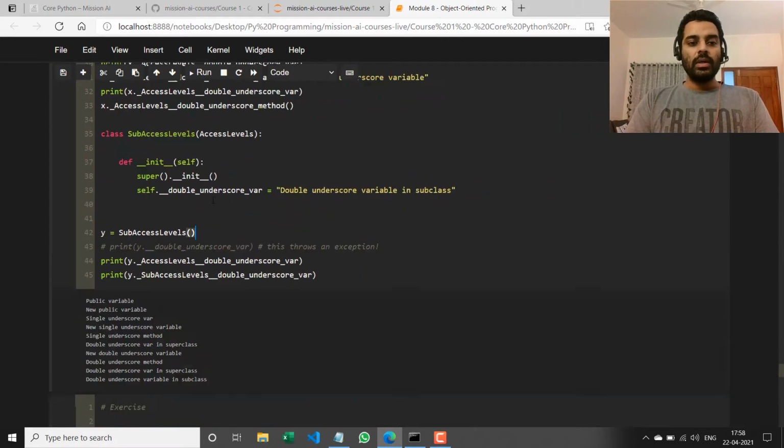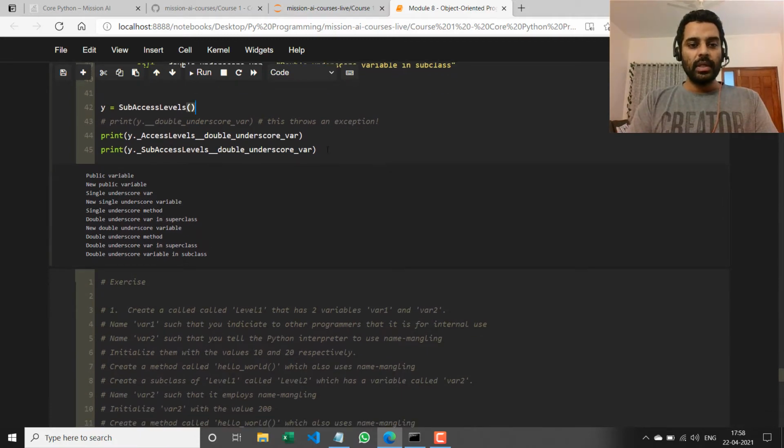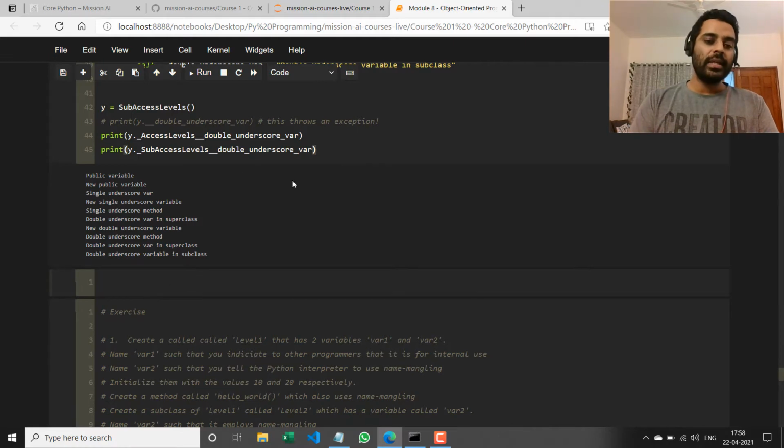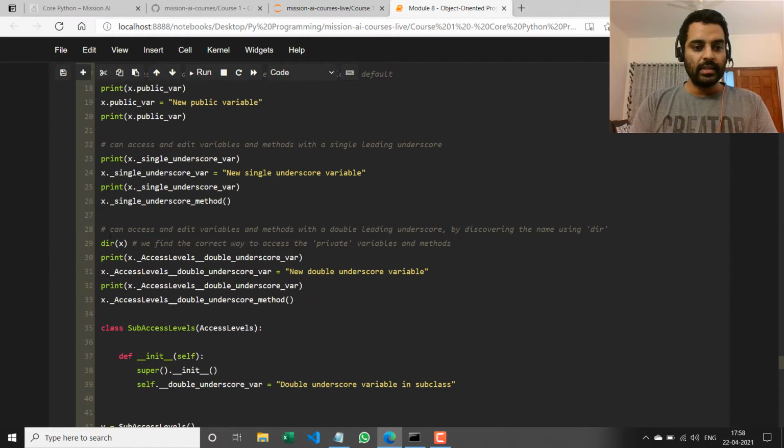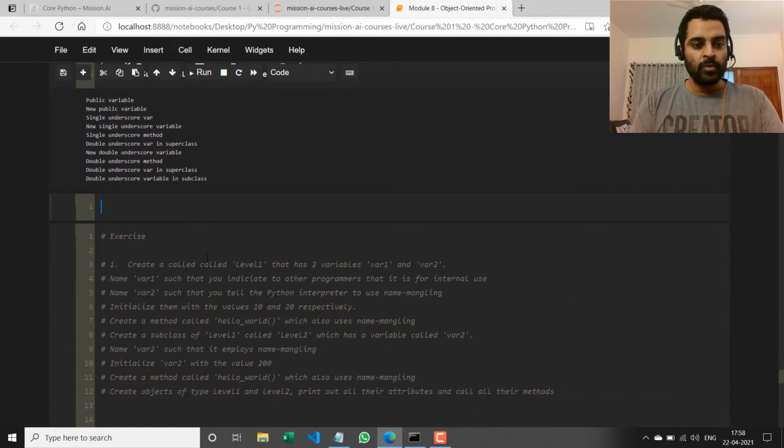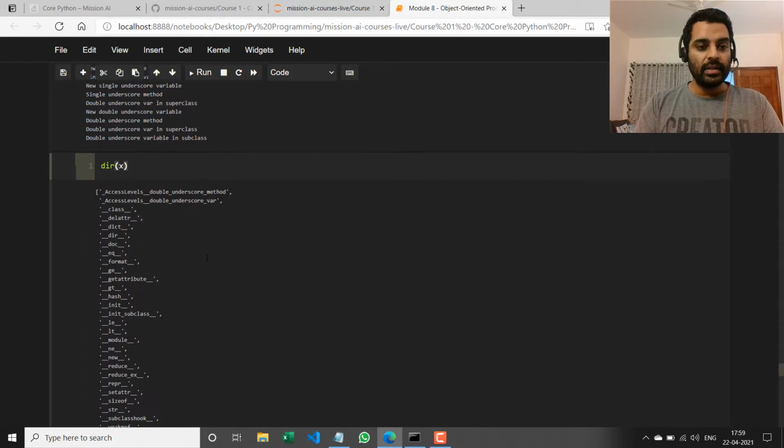Okay, so another thing, let's say I want to create a new cell. I've already created the variable x, which is an instance of the superclass. So I'll say dir of x. If I run that, you can see that the first two things here are underscore class name followed by double underscore method, and underscore class name followed by double underscore var.